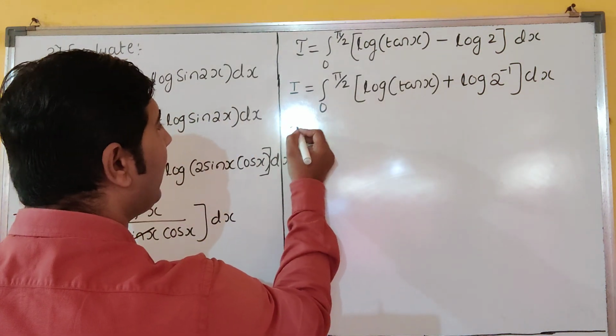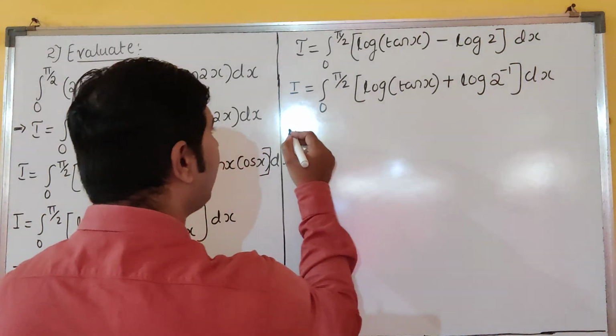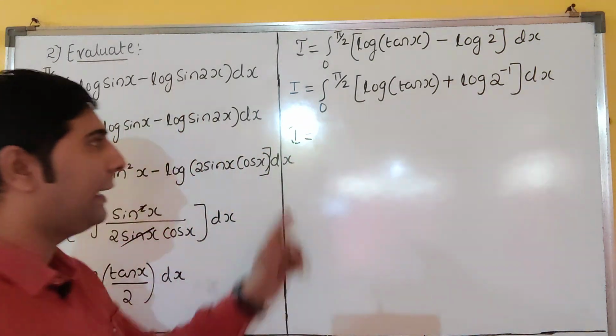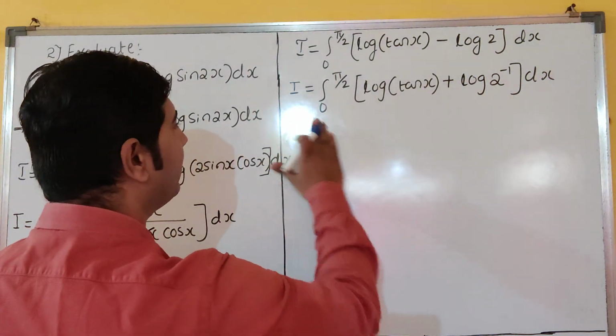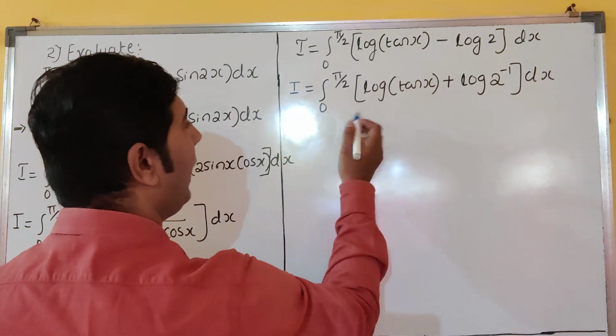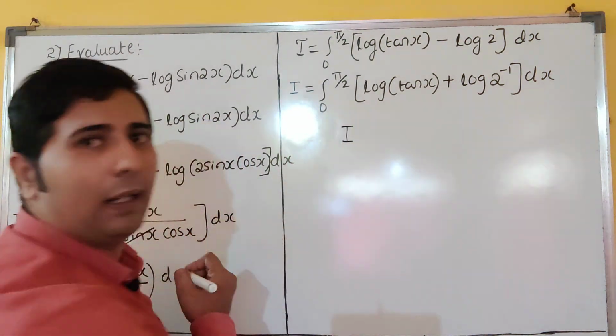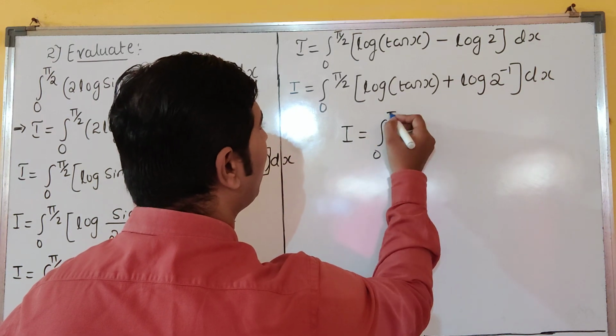So I is equal to. So what will happen? You see, this is I is equal to. Don't get confused. Light is reflecting on this. This is I is equal to. Otherwise, I will write this side. Wait. Otherwise, you will get confused there. I will write here. Now it is clear. So 0 to pi by 2 integration.